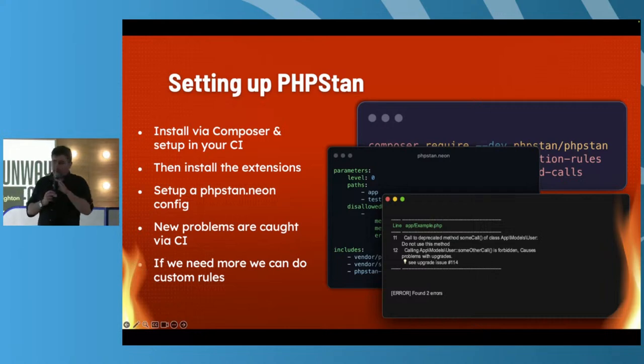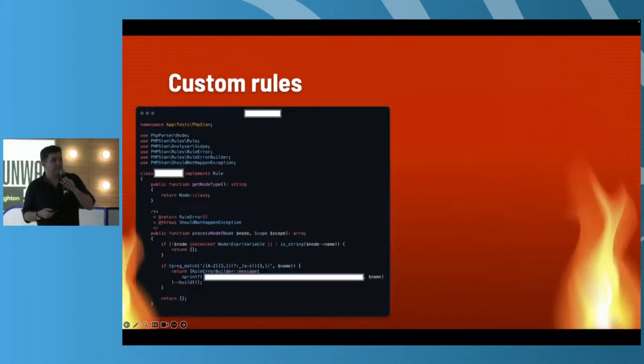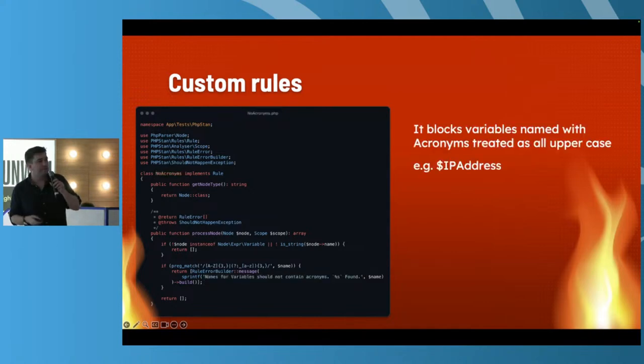If these don't work, the other thing is we can start writing custom rules for PHPStan, and this is one I created. Does anyone want to have a small guess on what it actually does? It's a really simple idea. It's not necessarily upgrade related, but it's a pet peeve of mine. So how this works is it's my no acronyms rule. It blocks you if you try to put something like IP address where it's all capitals for the IP. It will now throw an error and tell you, no, please don't do that.